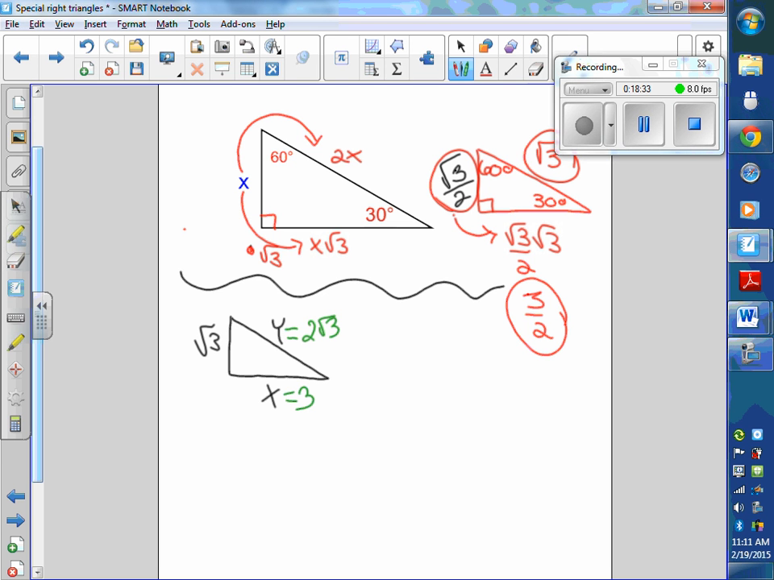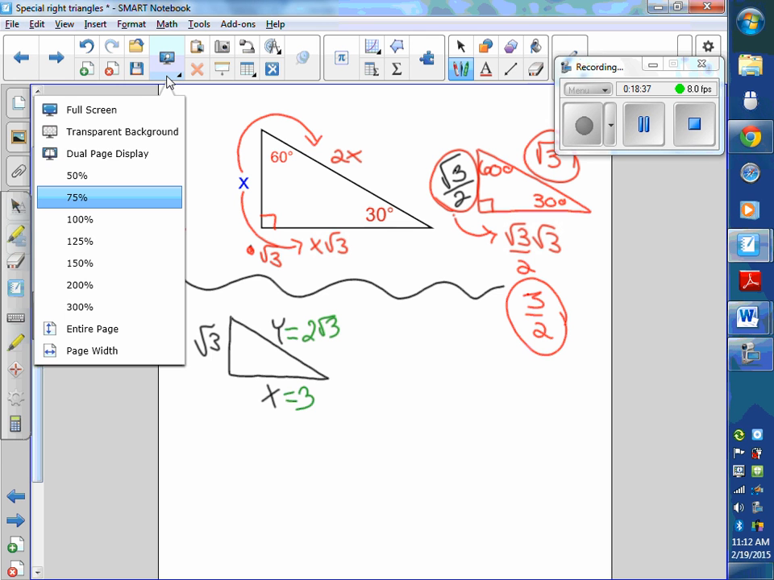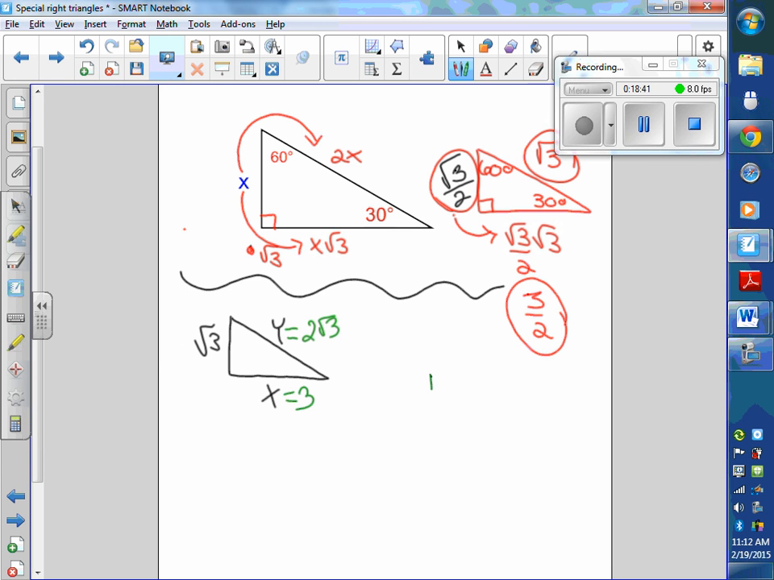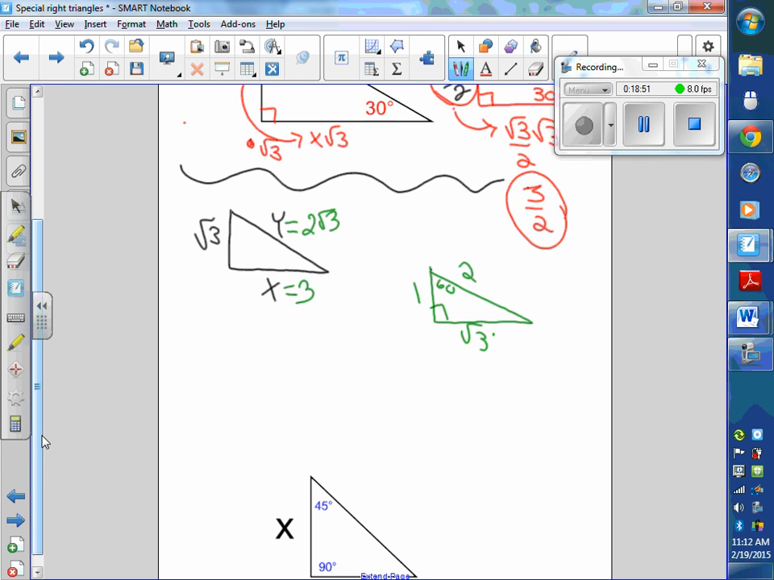And if you can't do that, or it's bugging you to do that, don't do that. Remember that you have the ability to just memorize a basic triangle. 2, 1, square root of 3, if this is 60. And if that works better for you, then